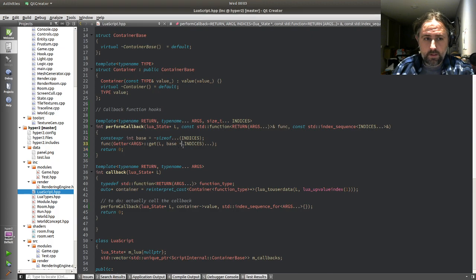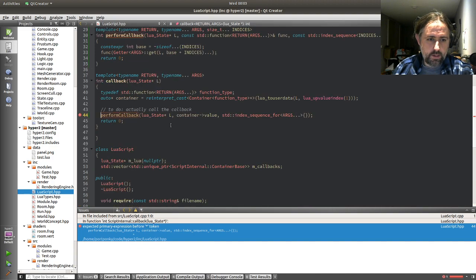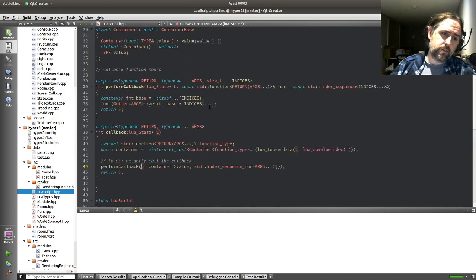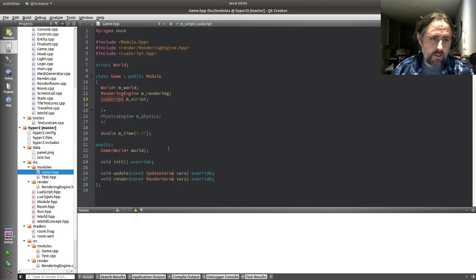Now, will this compile? Nope. Expected primary, yeah, because I put the type in here. Okay. Will this compile? Yes. It compiles. That's actually not super surprising because a lot of template code doesn't actually get instantiated until you call it. So let's go back to our game and